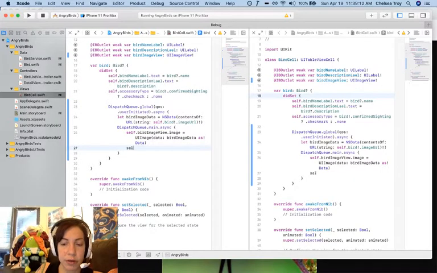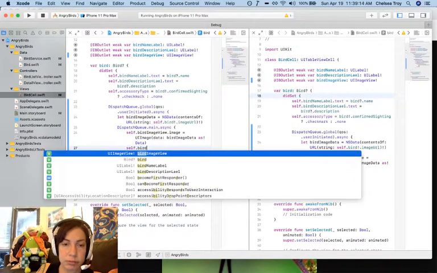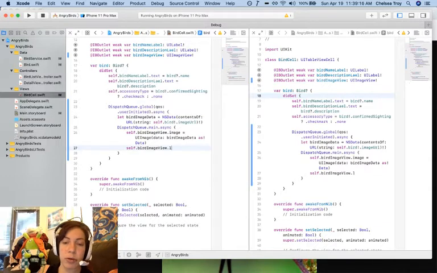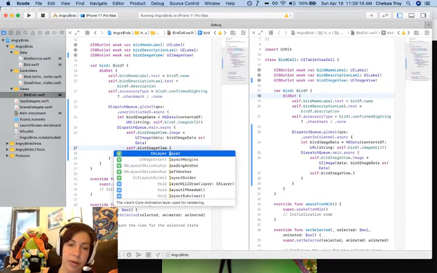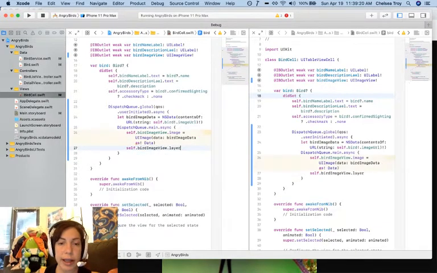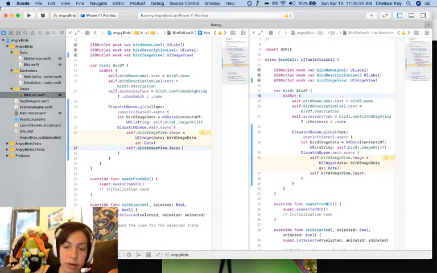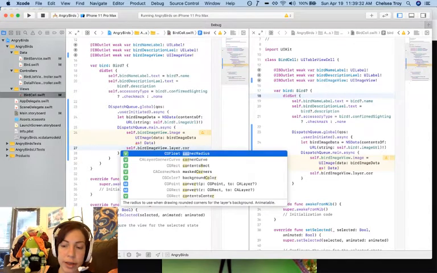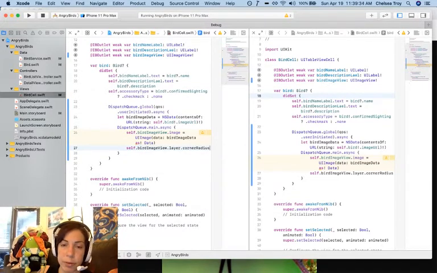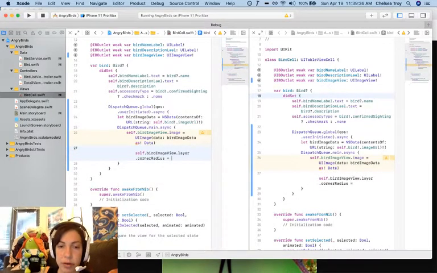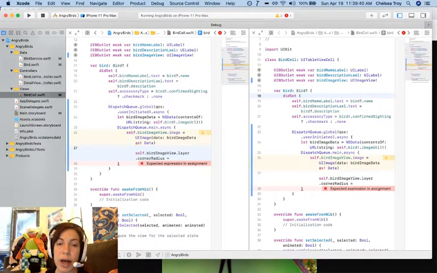So let's do self.bird.imageView. And what we're going to do is we're going to access a property that appears on all views called the layer. The layer allows us to change things like the shape, background color, shadow, and other attributes of a given view. We're going to change its corner radius. This is an attribute that manages the roundness of the corners. And what I'd like to do is set that corner radius to half of the width of the